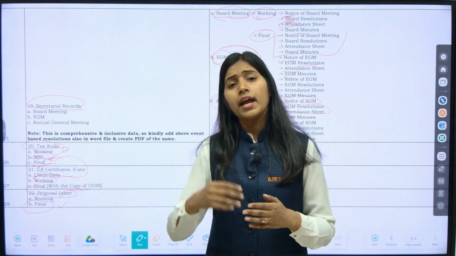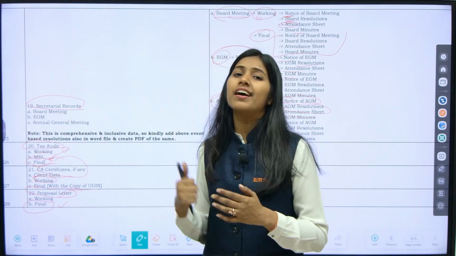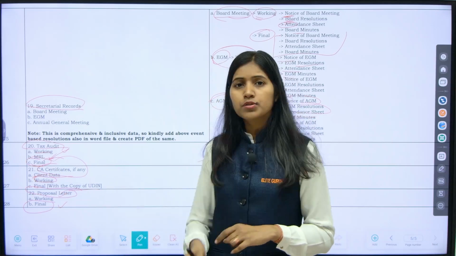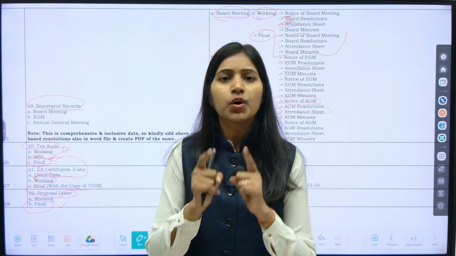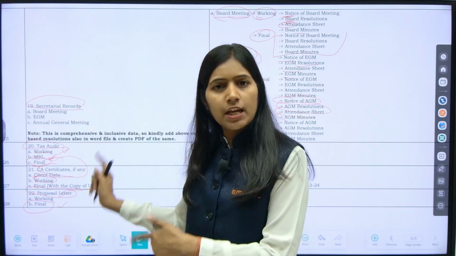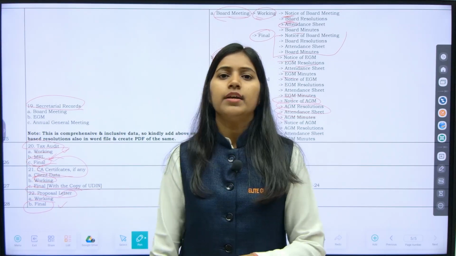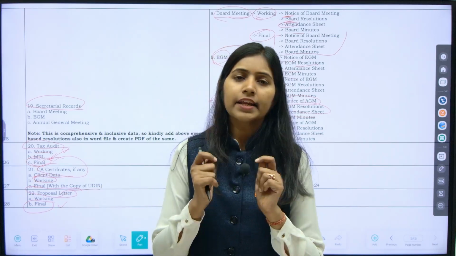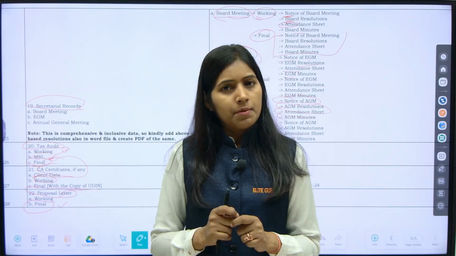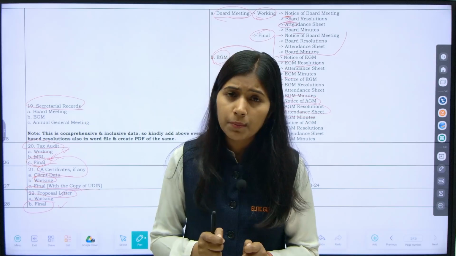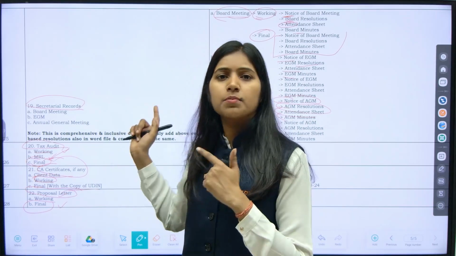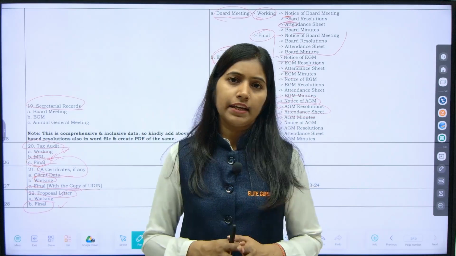These many files you are supposed to create every year, because these are the current files. So the proposal letter also you are supposed to prepare every year. If a client is asking for a trademark registration proposal, you give it, get it signed, and keep it with you. Everything should be in writing and kept with you, because ultimately it is you who is responsible and accountable for the documents' maintenance and signing.